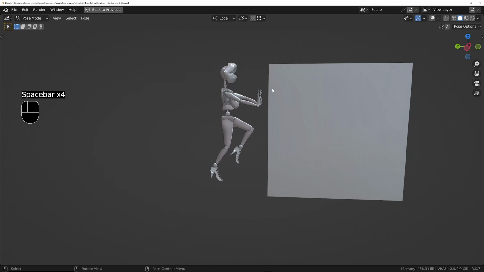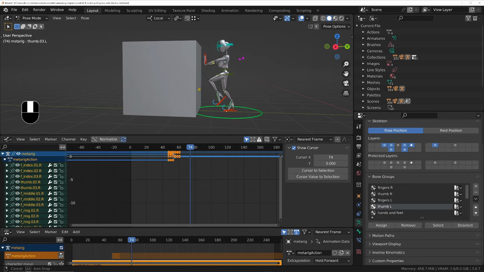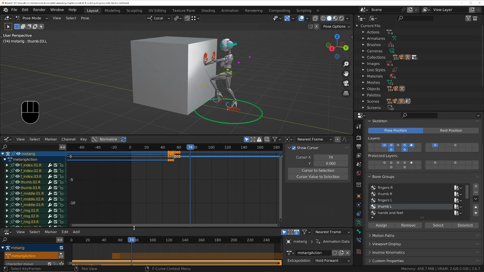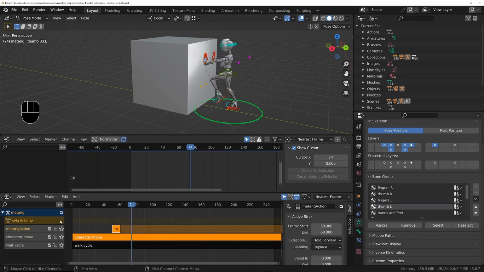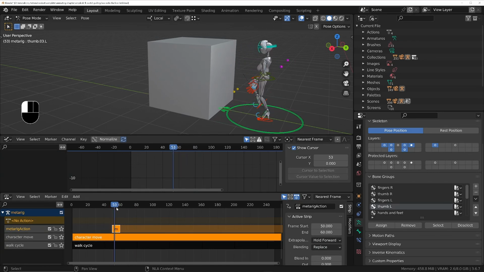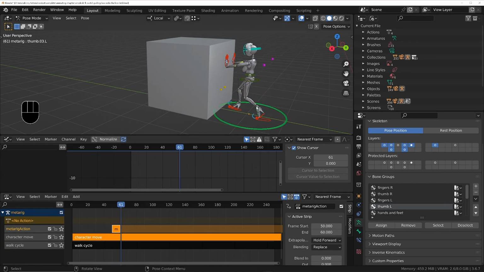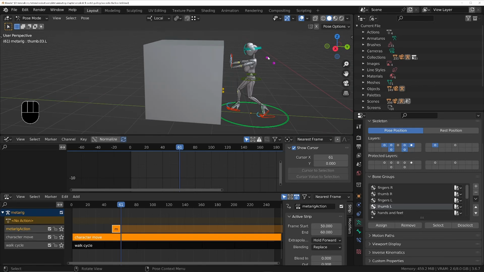Now the box is a little bit far away at the moment, and what I'm going to do to get the robot to reach this is push this down now into its own track. So we've got this animation that we needed. Just going to push this down. And we can add another action now to the waist so that the robot can lean forward and actually reach the box. The reason I've done it in two different tracks is because I want this one to be replaced because the hands need to have no influence from the below tracks, but I want the waist to continue having that up and down bounce that is created by the walk cycle. So we needed to put it on to a different track